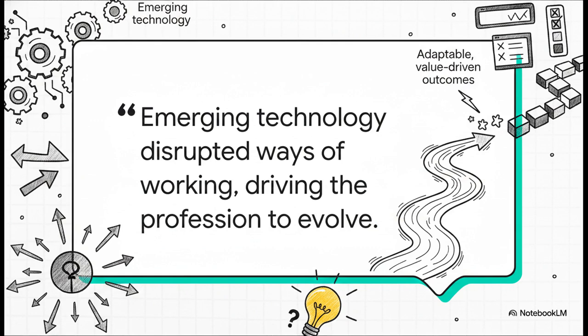Why did the standard for project management even need such a massive overhaul in the first place? Well, as this highlights, rapid market disruptions and emerging technologies completely transformed how we work. Think about how iterative software development or massive global supply chain shifts made rigid instruction manuals practically obsolete overnight. Sticking to a strict step-by-step checklist? Yeah, that just wasn't working for every team anymore. The whole profession had to shift from strictly checking boxes to focusing on adaptable, value-driven outcomes that actually solve real-world